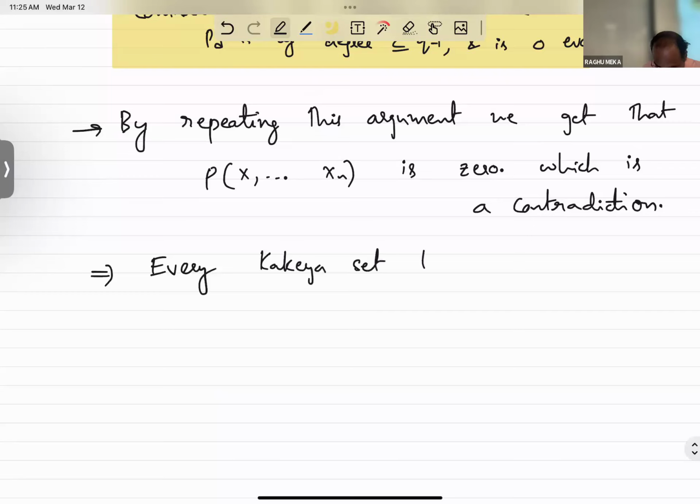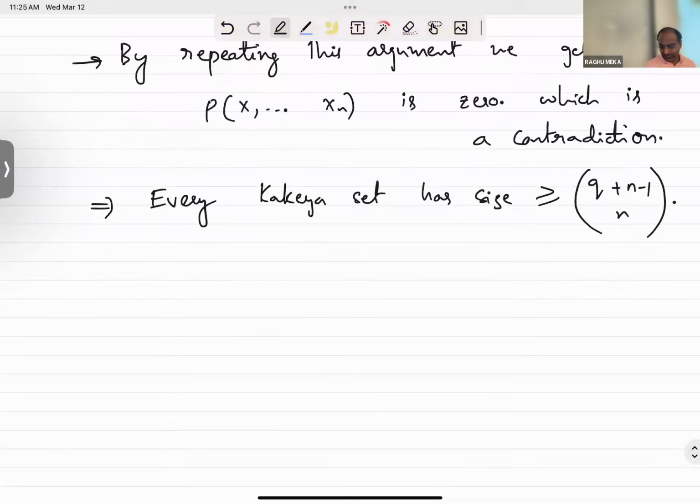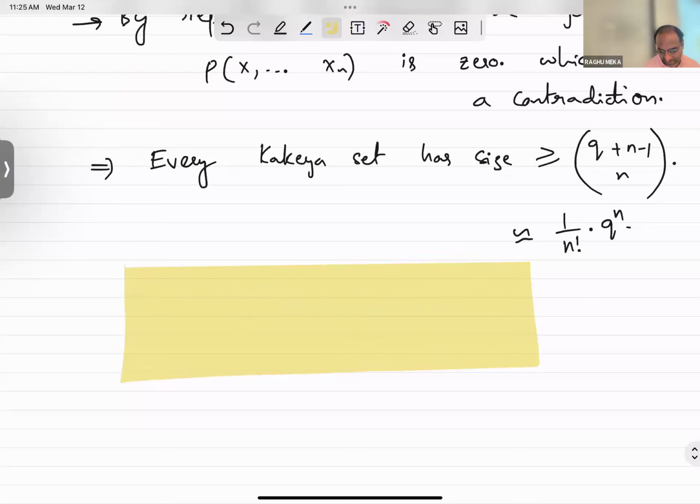every Kakeya set has size at least roughly 1 over n factorial times q to the n. Before this simple polynomial method proof, people had very complicated additive combinatorics arguments based on many sum-set estimates and so on to show very weak bounds. But we now know that the right answer is something like